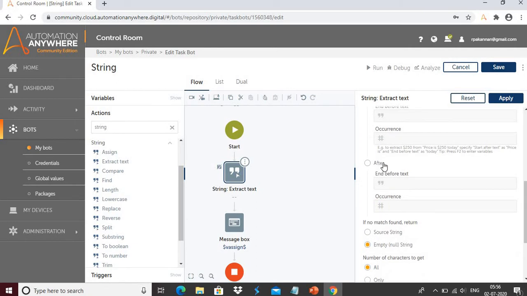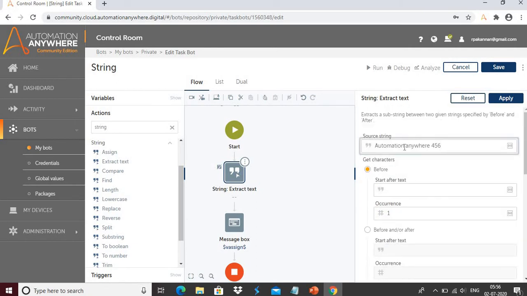We have a text called Automation Anywhere 456, and if you would like to extract the particular text from this source string, you can use this action.